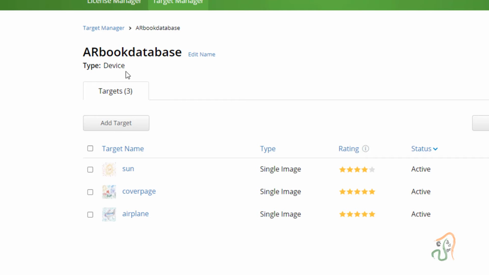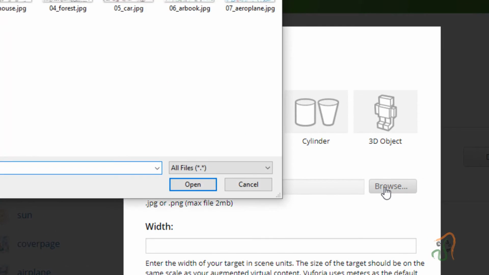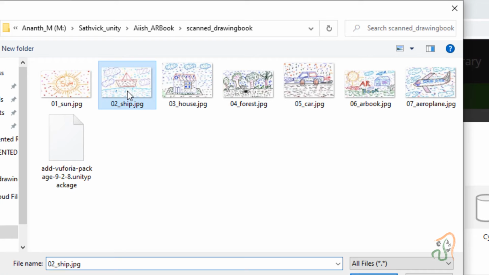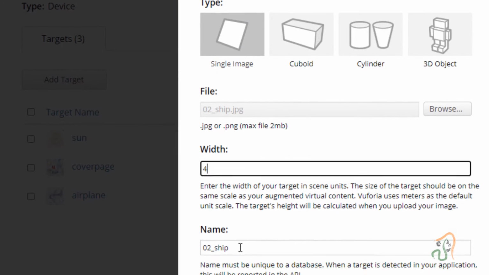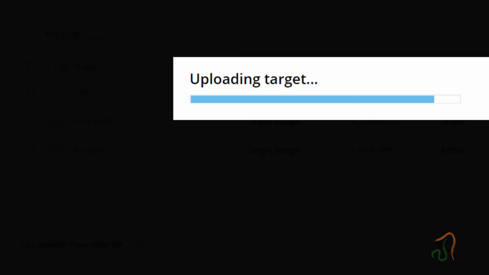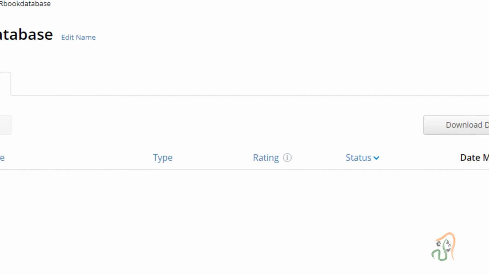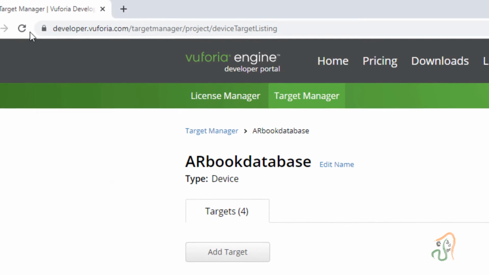After this, again click on add target with single image. Now after sun, let us select ship, click open, set the width to 4 and give it the name as ship, click add. This will again upload the target and it is showing processing here.